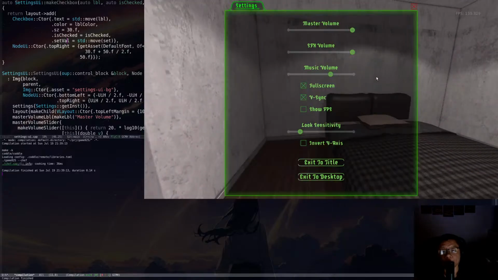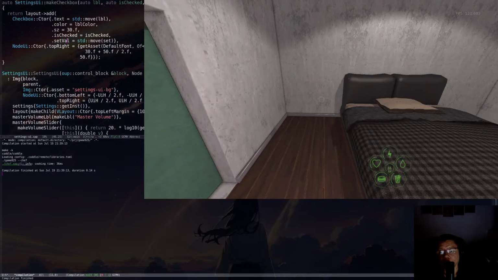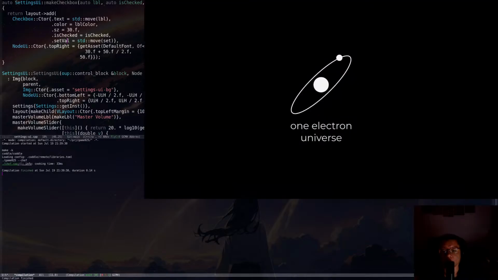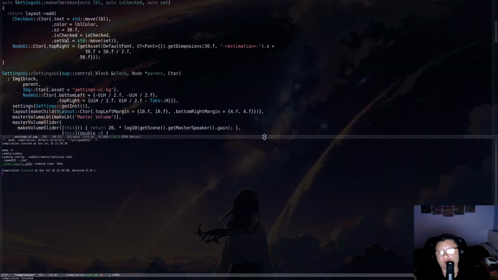Okay, so let's see. I'm going to uncheck vsync and see if it's going to remember after restarting. I unchecked vsync, right? Let's see. Yeah, it did remember. And that one is going to work as well. Okay, now